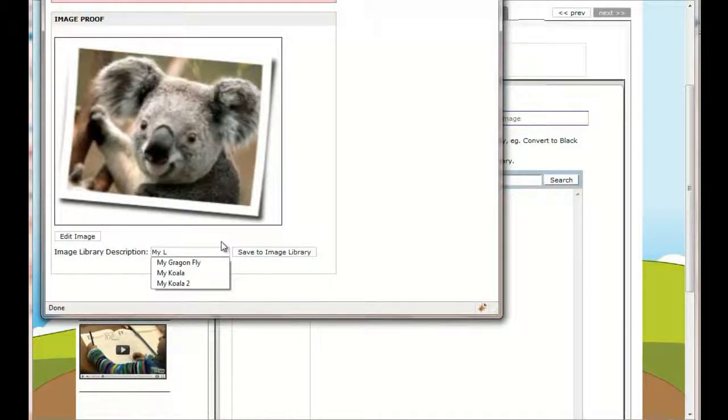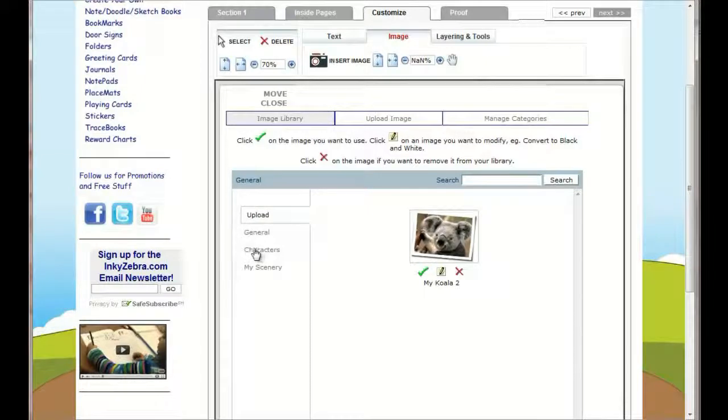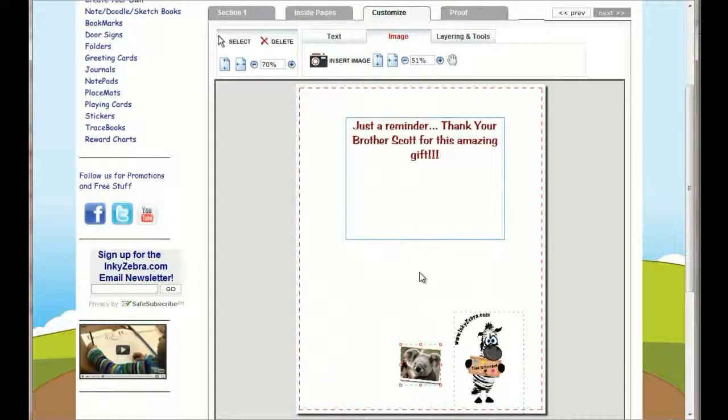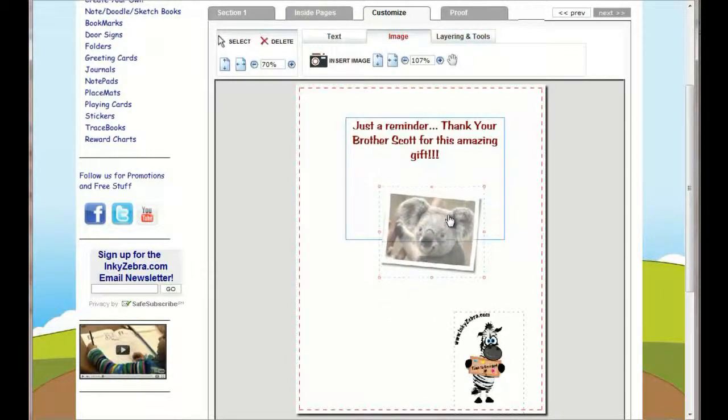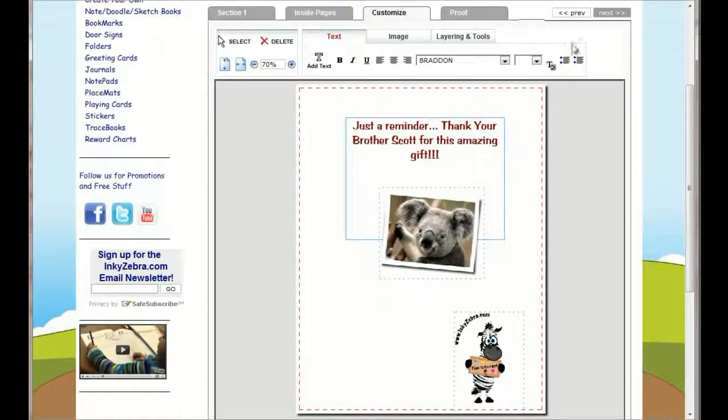I'll give it a name. And then save it. And then select it to use in my document. We'll reposition it, and then we'll increase the size. Much better. Okay, then next